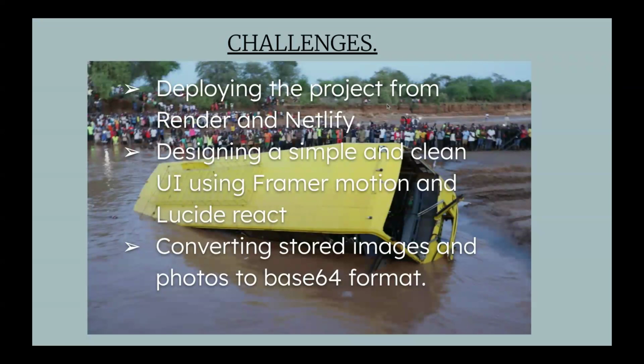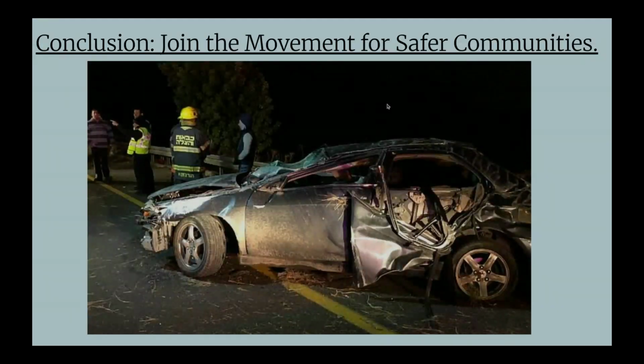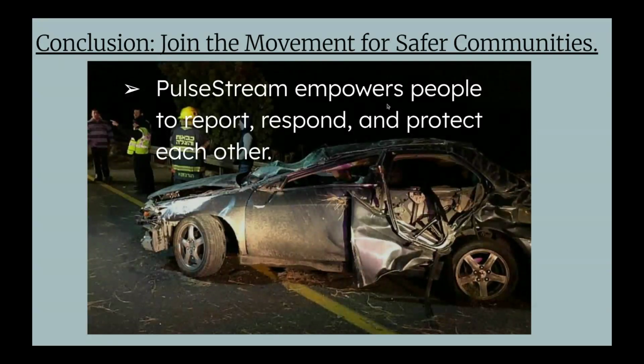64 format. So this base 64 format basically allows storage of photos and videos. I don't know how it does, but from my understanding, it's a better way of storing images and videos as base 64, so that it can be converted to JSON format and be stored in the db.json database. And conclusion, join the movement for safer community, whereby PulseStream empowers people to report, respond, and protect each